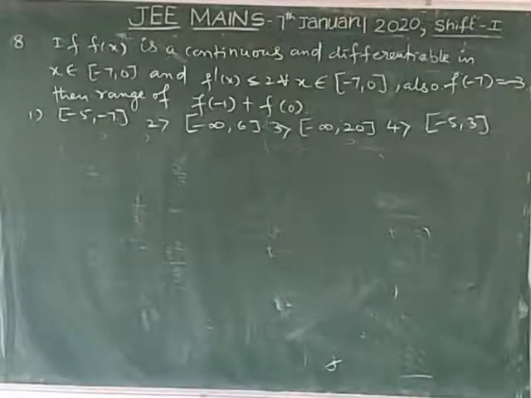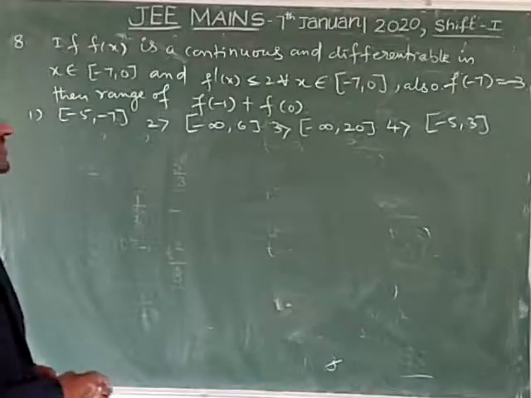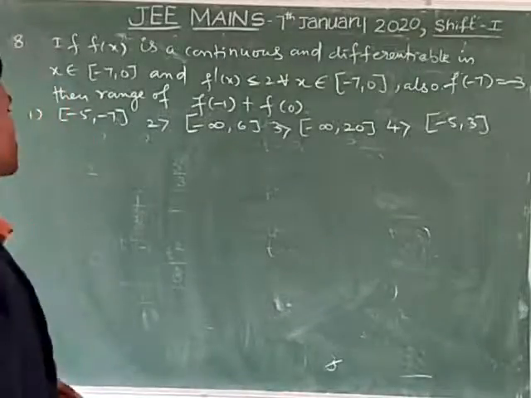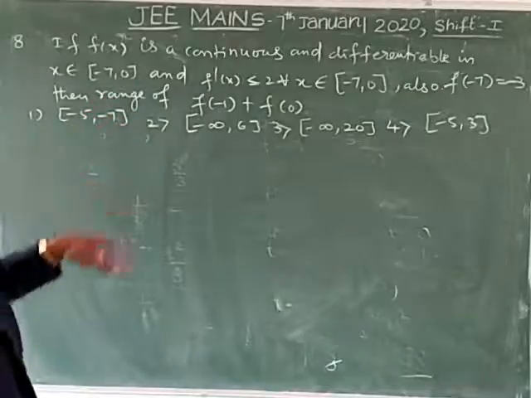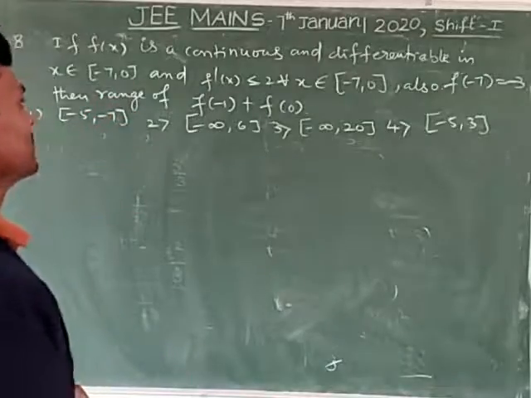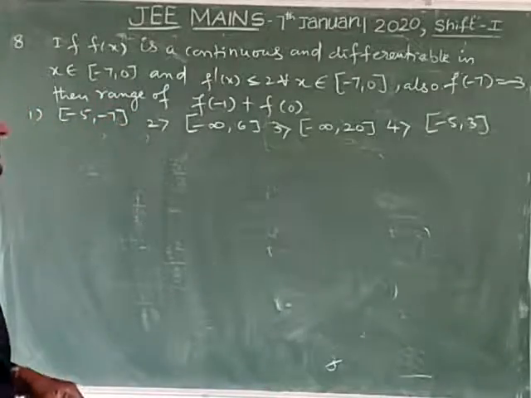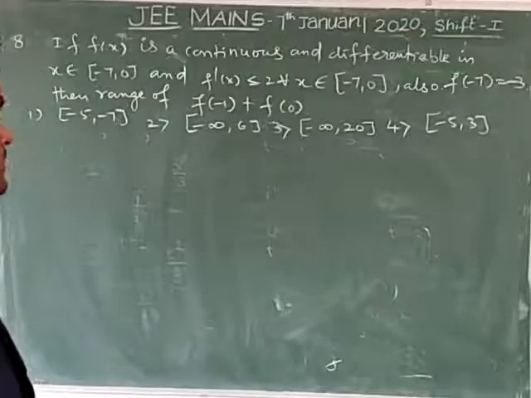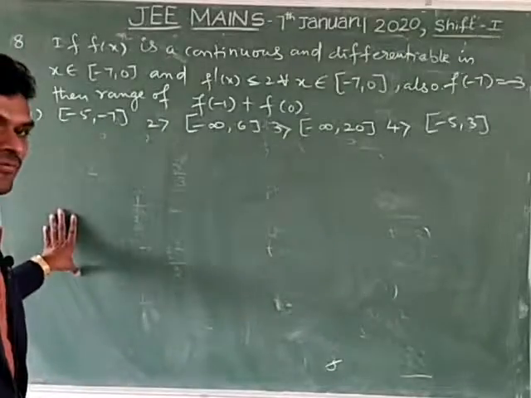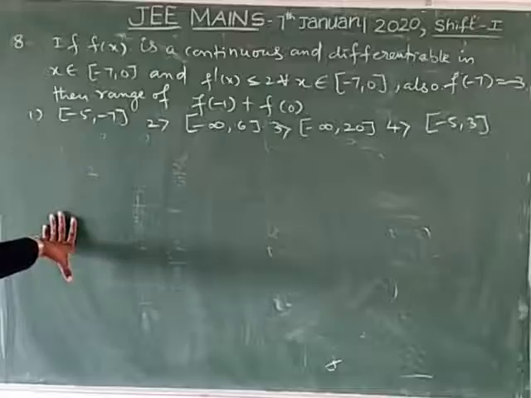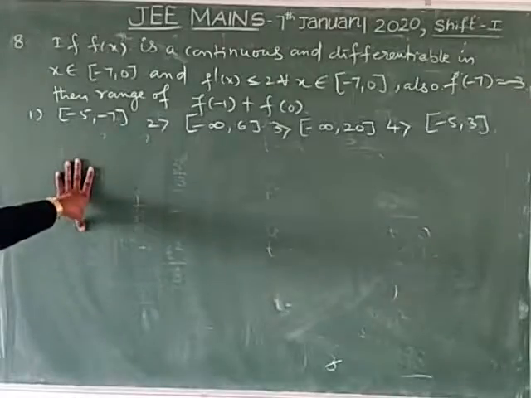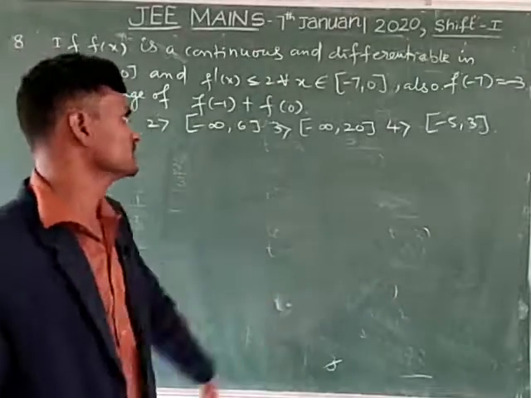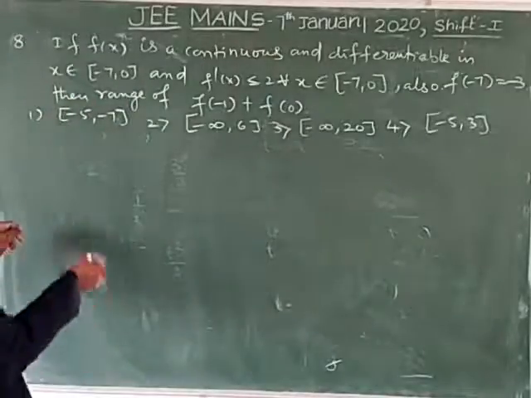Next problem, 8th problem. If f(x) is continuous and differentiable for x belonging to the closed interval [-7, 0], and f'(x) is less than 2 for all x in the closed interval [-7, 0], also f(-7) is equal to -3. Find the range of f(-1) + f(0). See here, we have to use